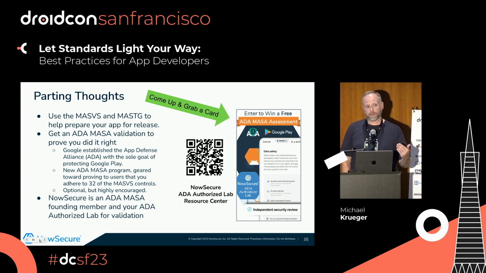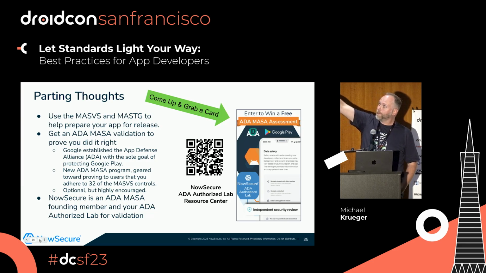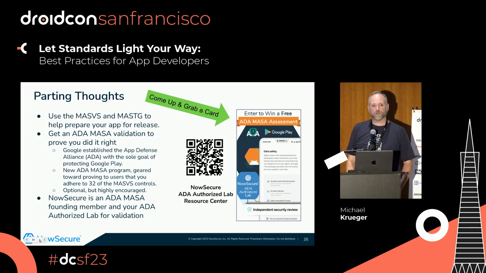The interesting thing about this is an independent security review. See here, in your actual Play Store listing, you can get a badge if you go through this program that says you have been independently security reviewed. That lasts for a year until you need to go through that program again. Right now, it's just the badge in there. The interesting thing is it's starting to become more visible.